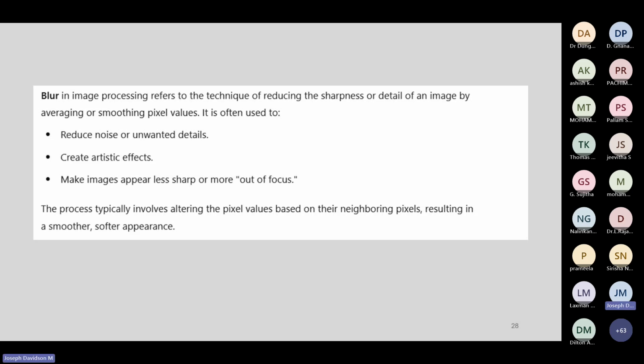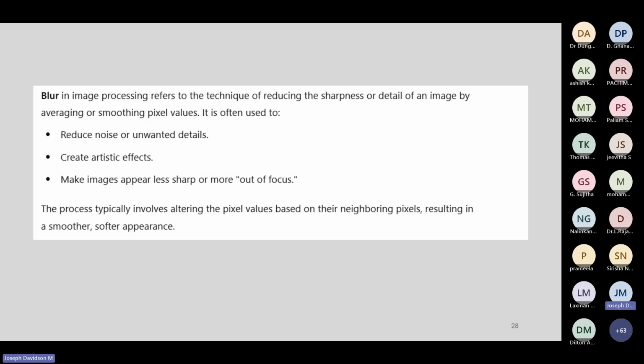Now you will be questioning me. There is an image, it is bright, and you say that you want to purposefully make it blur. That will only deteriorate the property of the image, you may argue. But there is a meaning to purposefully making it out of focus or less sharp, which you will understand a bit later.